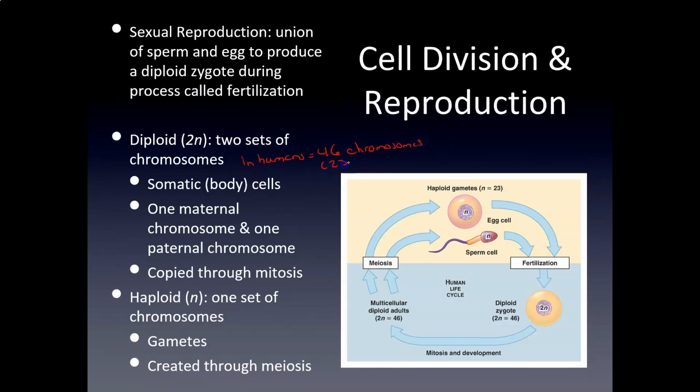Really, it's 23 pairs. A set of 23 chromosomes came from your mother, and 23 chromosomes came from your dad, and they are pairs with each other. So you have two chromosome 1s, two chromosome 2s, two chromosome 3s, and your mother gave you one set of those, your father gave you the other. That's where we're talking about these two sets, this diploid number.